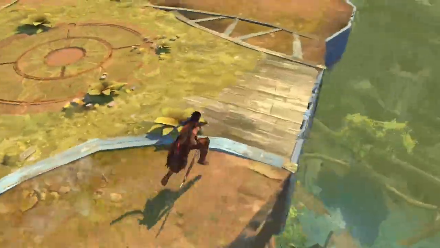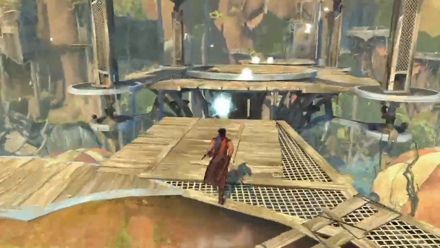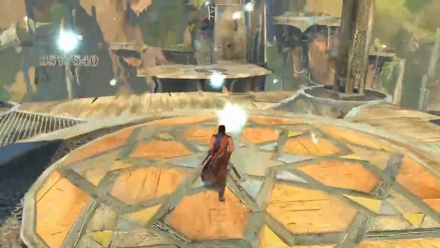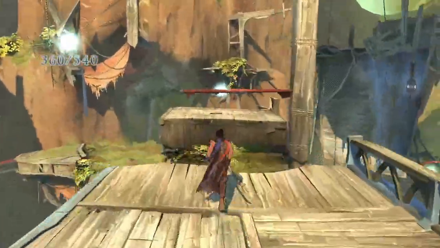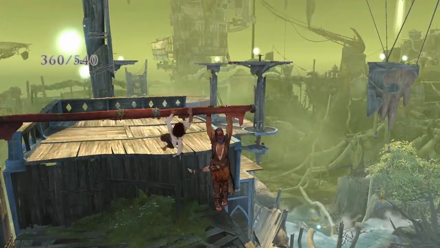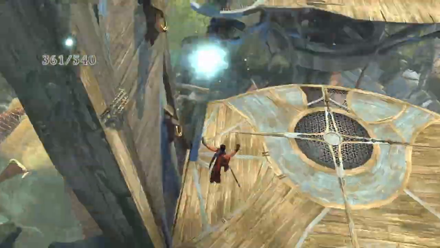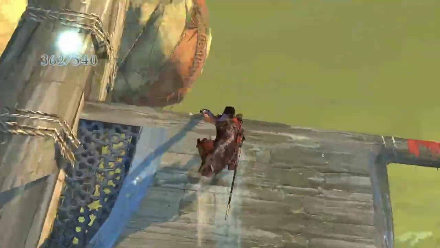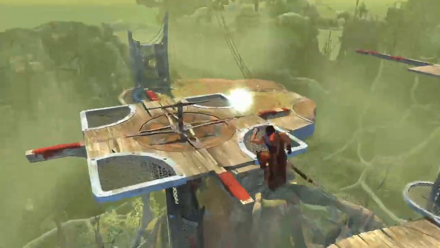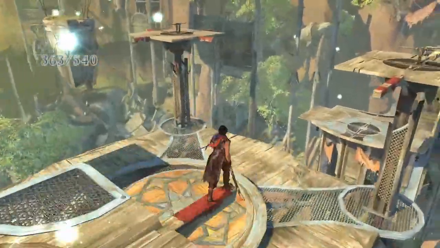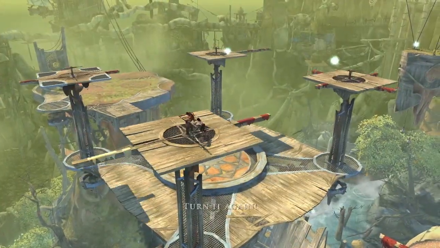While I was watching the Developer Diary, I also made a note on something that one of them said, where they believed that the Wall Run was a signature move of the Prince, and since its introduction in the Sands of Time, they've tried to improve on it and keep it interesting, which I kind of agree with it being a signature move. It wasn't a very common move back then. And I also feel like whenever you see a wall run, maybe it's just me, but your mind would instantly go to, oh, that's something that the Prince of Persia does.